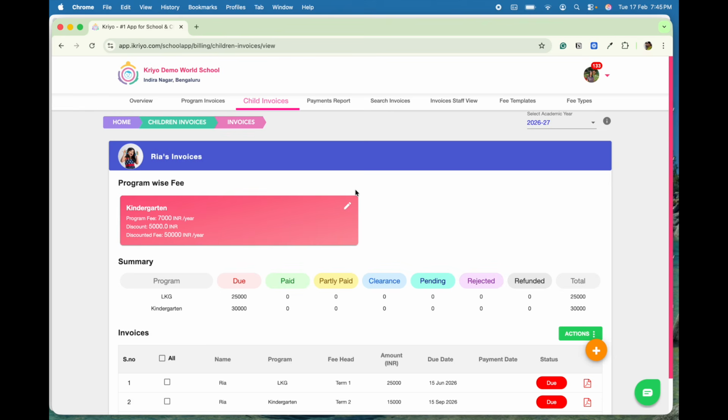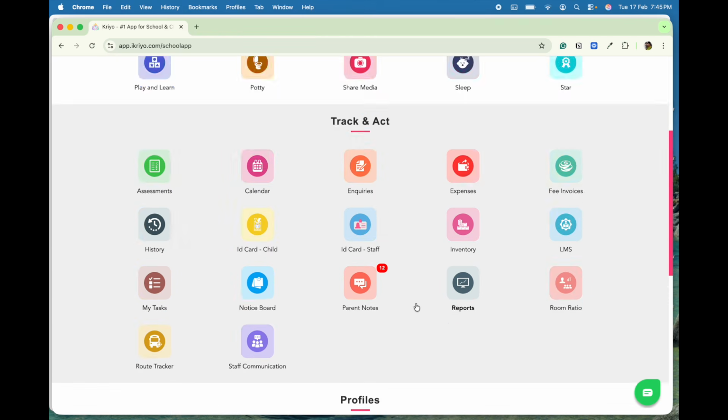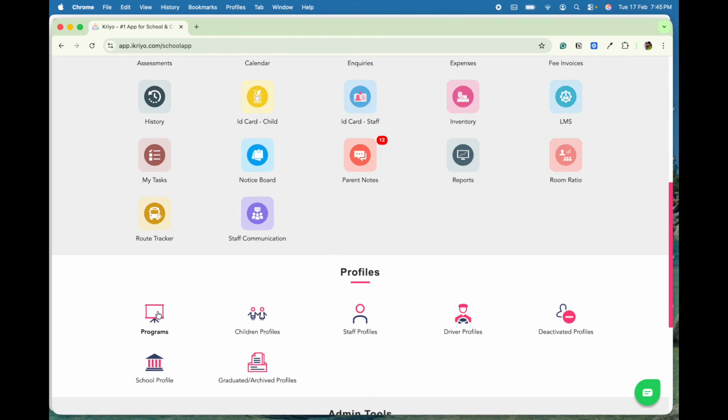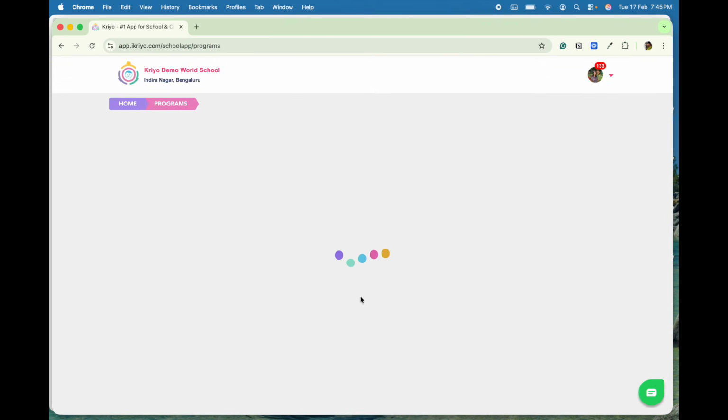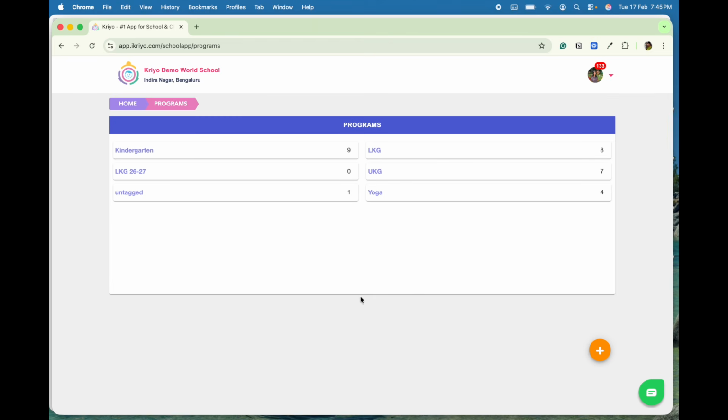This is about the existing students, and in case of completely new admissions where the student is joining the school for the next academic year, they have come and confirmed the admission, paid the fee for the next academic year now itself. In such cases, all you need to do is just create a temporary program called LKG 26-27, so that you're